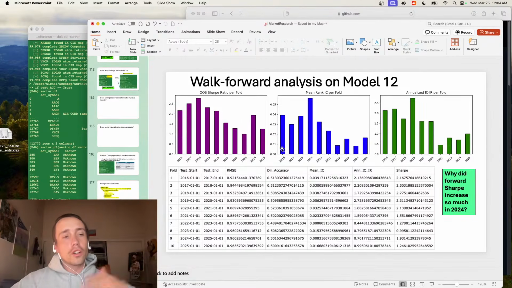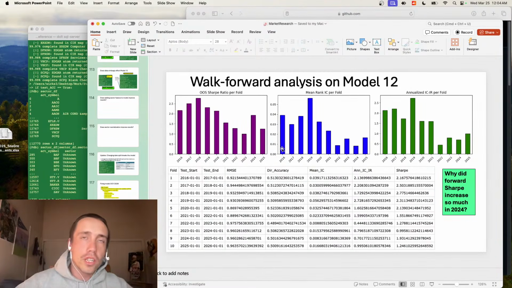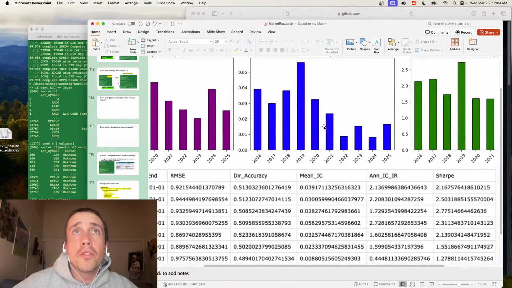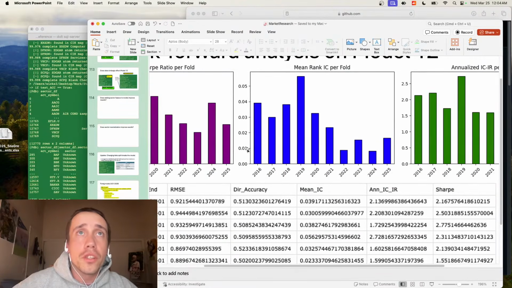Since I have data going back to 2011, I'm using 6-year sets. The test years start in 2016. And you see that the information coefficient is outperforming my goal metric. I'm trying to get 0.01 to 0.02, and you see it's well above this for all years 2016 through 2021.